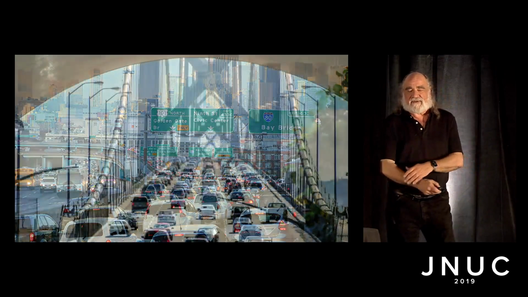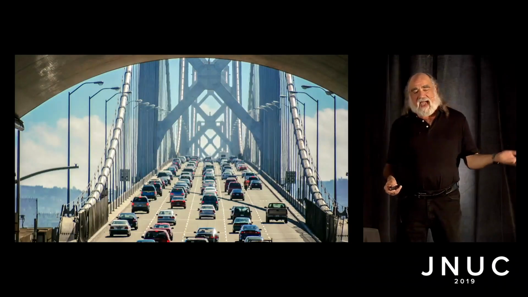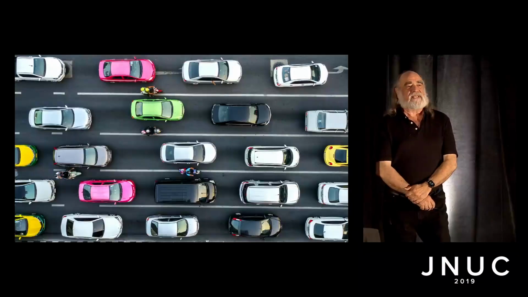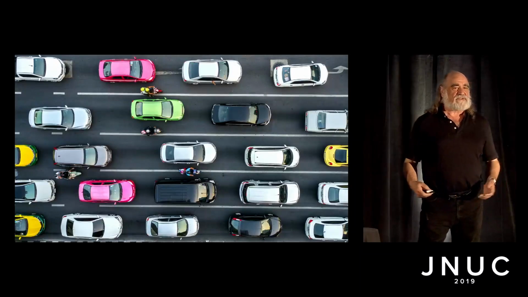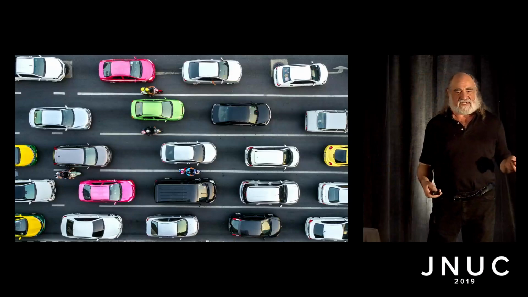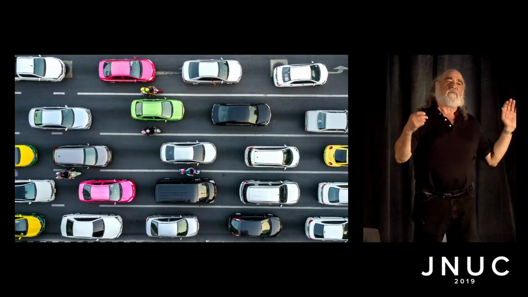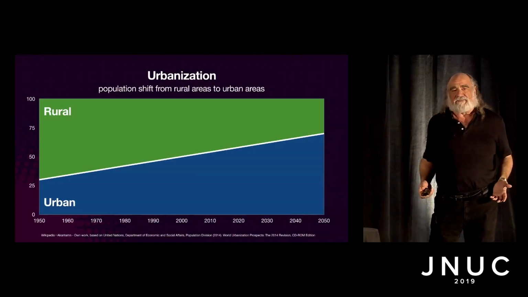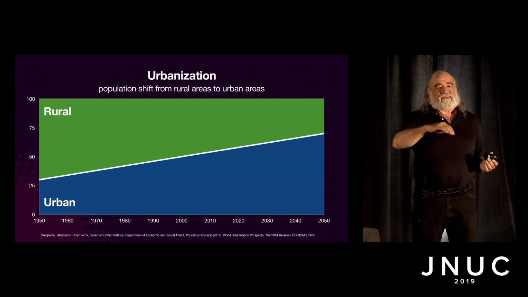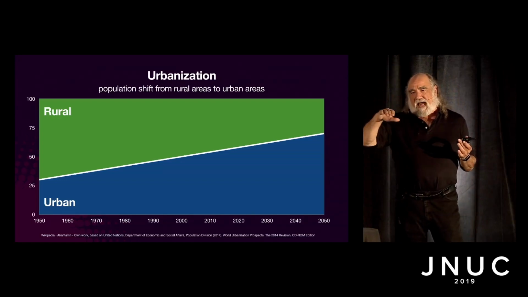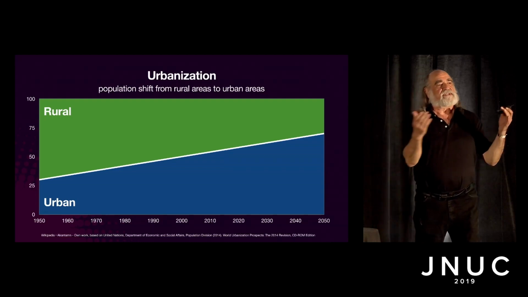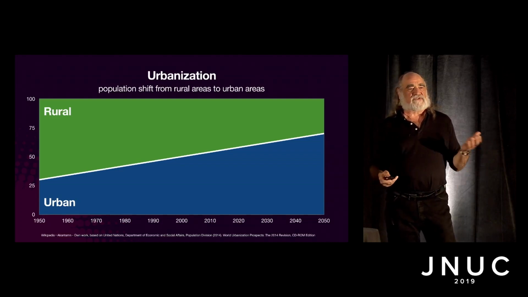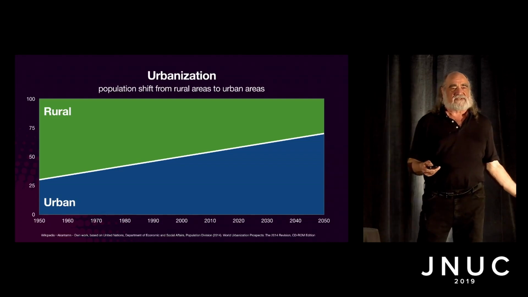And all the bridges, they don't have that open thing. They're all packed. There's the Bay Bridge, there's the Golden Gate Bridge. And things have gotten really, really dense. And it's not just because of normal population increase. There's also some other forces at work because of this global changing thing. And it's this thing called urbanization, where over a period of time, the United Nations was able to plot a movement of people from rural areas into the city. And they can pretty much project where it's going to be. And you can see there's a good chunk, 20 to 30% of the population that is leaving the rural and